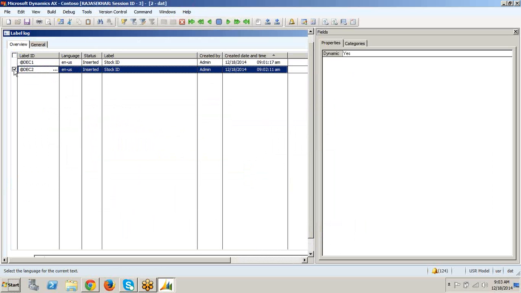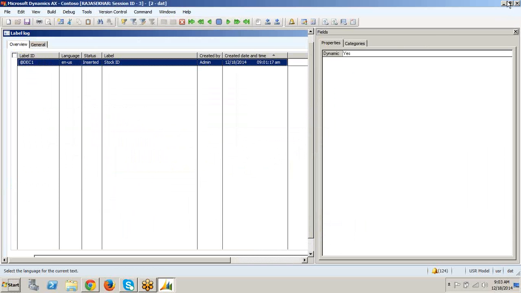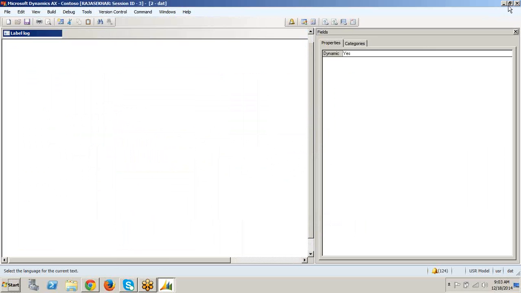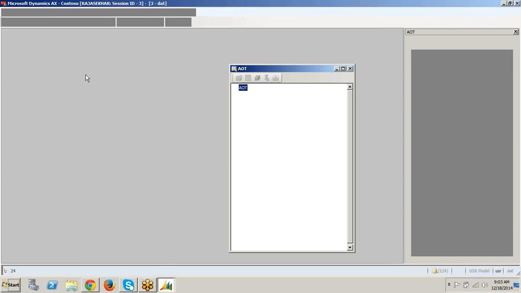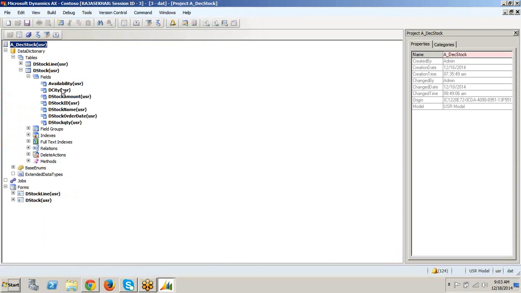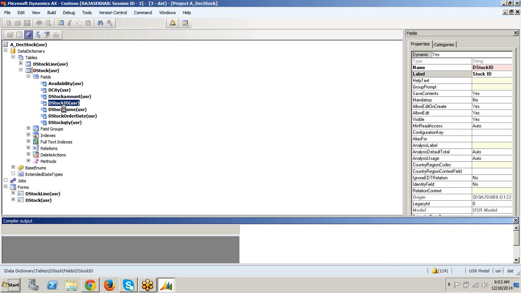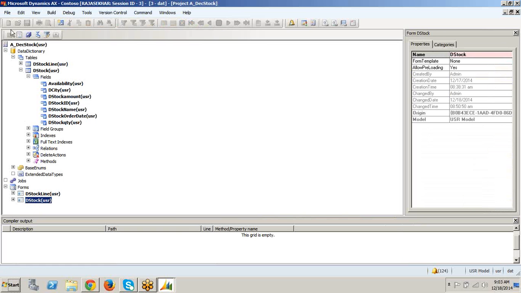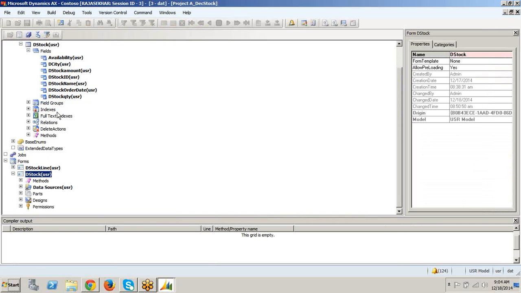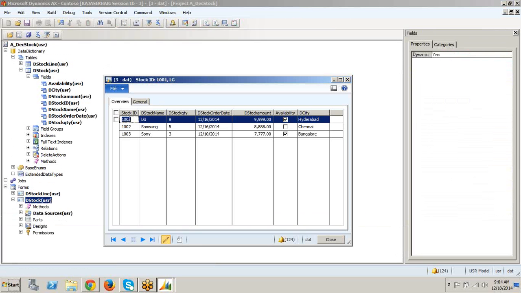We'll delete this. I have removed the DEC2 and I have given only the DEC1 because it is already there. To open this, I will get the stock ID as a label name.